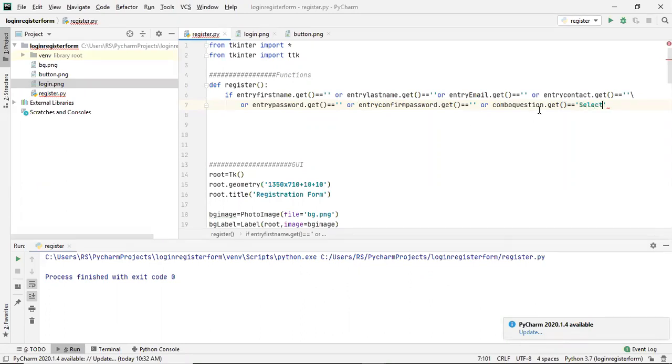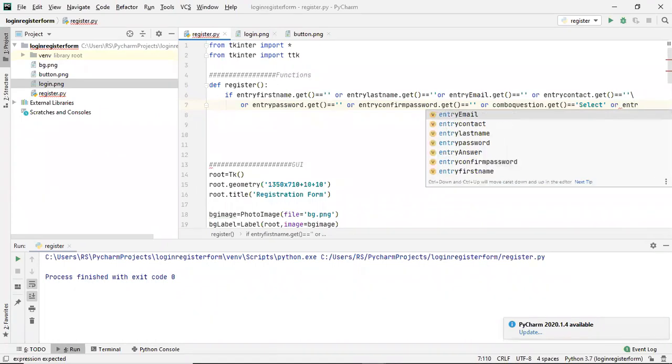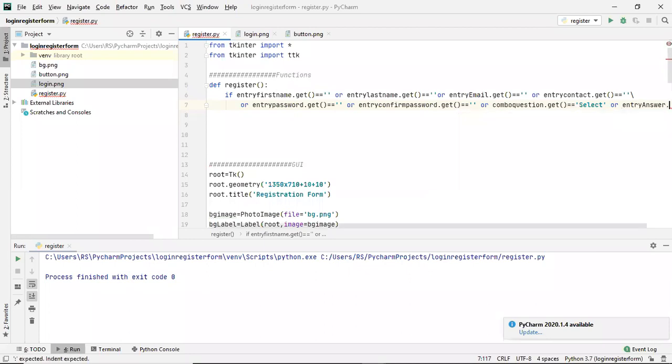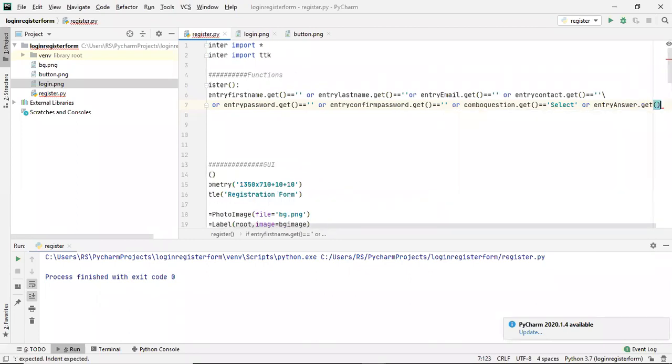If you get this select only from the combo box, then this condition will be true. Or then entry answer dot get, okay, equals to null.